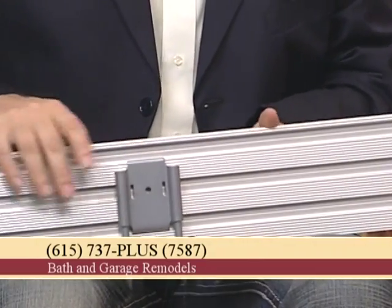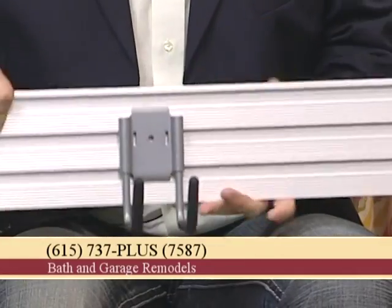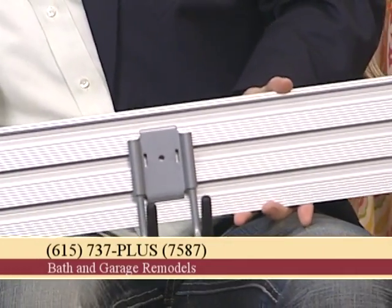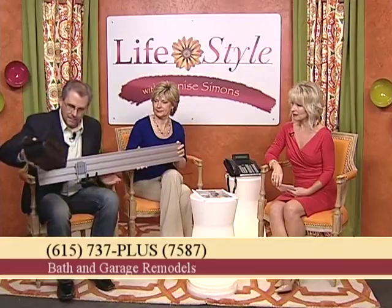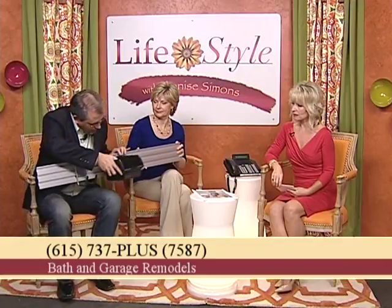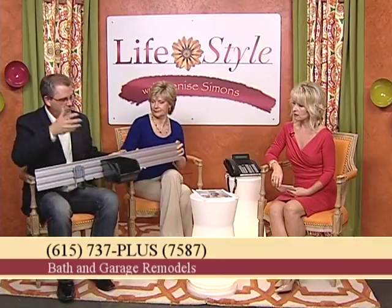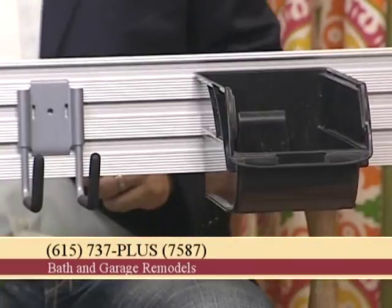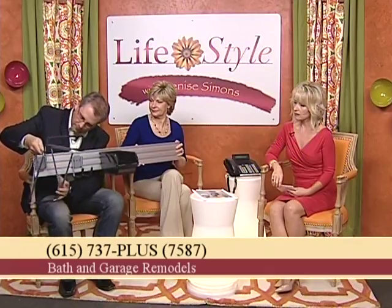Slot wall is actually a metal. It's made out of aluminum, so it's very strong, and this is secured into your studs. And anything from racks for handled items such as rakes or brooms, and you can clip items on here for nuts and bolts and screws and smaller items. And because it goes into your studs, you can even clip a larger item on here for something like a